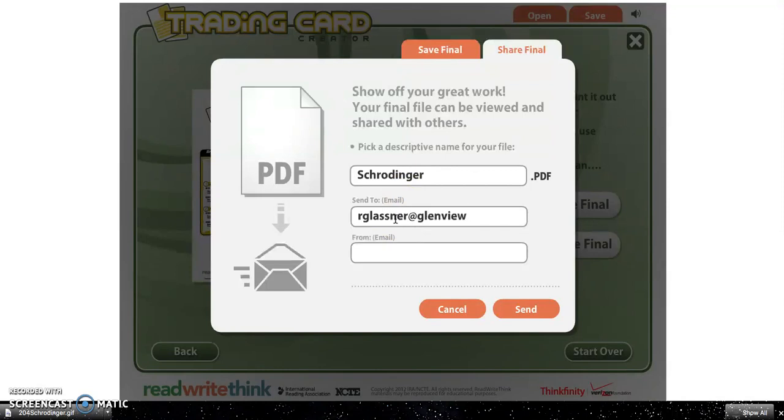I'm going to send it to myself. So you're going to enter your email address here. You could send it directly to me if you wanted to as well. The issue becomes if you send it to me, you don't have a copy, which you need for Seesaw. So I changed my mind. You want to type in your email address and then forward that email to me. Okay? And then it's going to say it's from someone, so I'm going to copy and paste my email address because I'm sending it from me to me. So you're going to probably put your email address and your email address. You can press send,